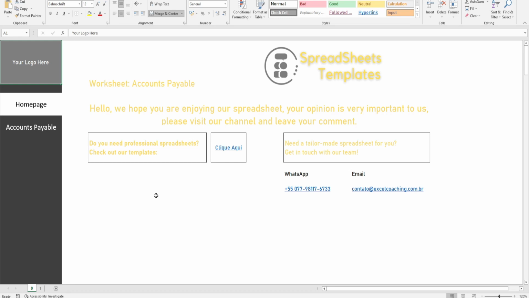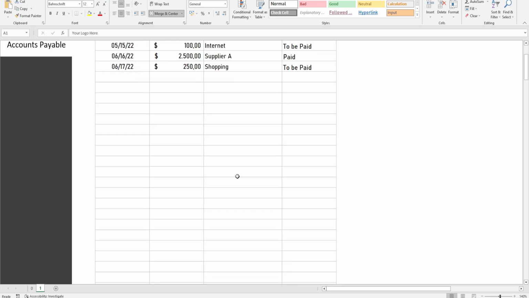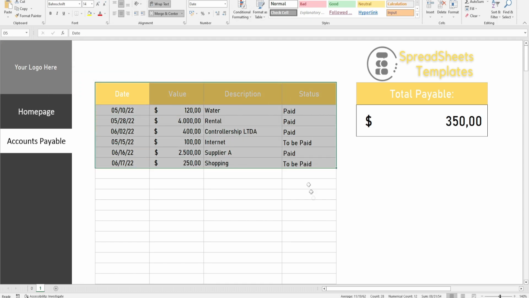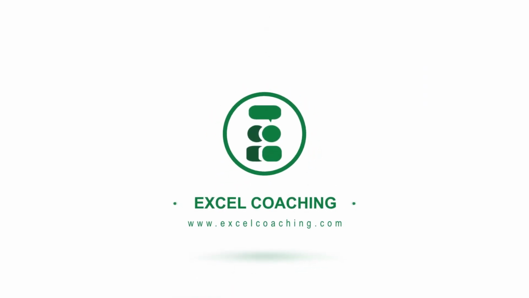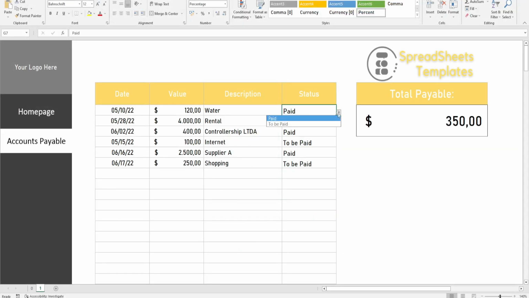The control of accounts payable and accounts receivable in Excel is very important for the good management of companies and households, so the Accounts Payable Excel worksheet came to be able to help resolve some issues. There is no doubt that with this kind of control, many companies or families will avoid several embarrassing situations in